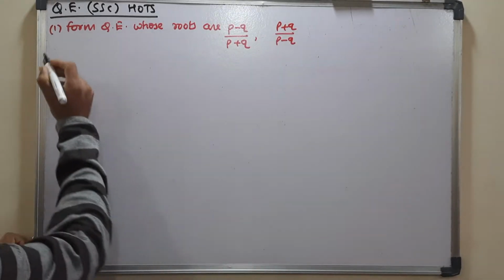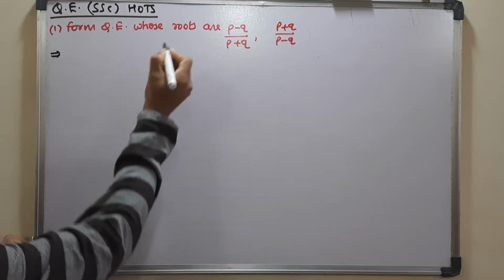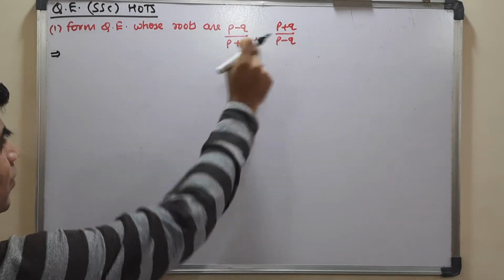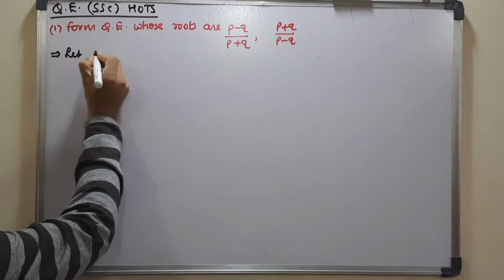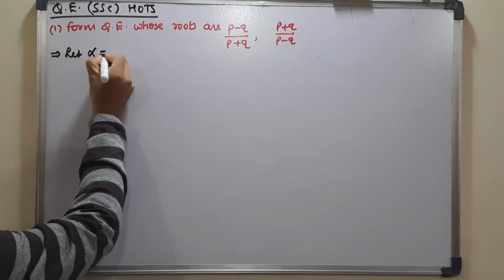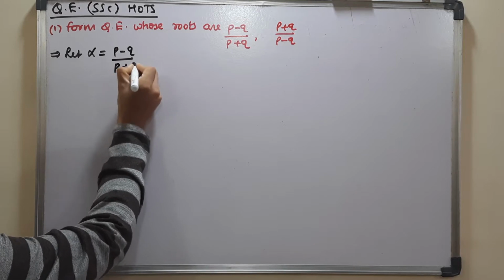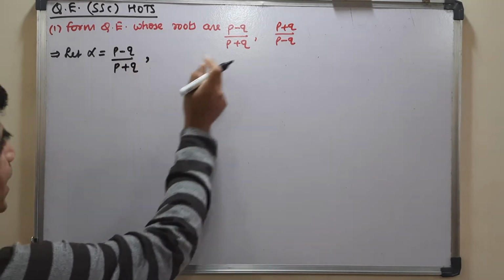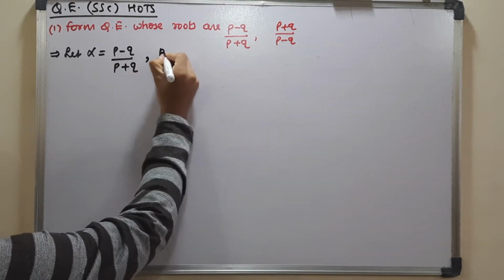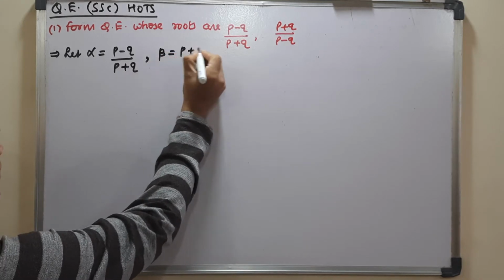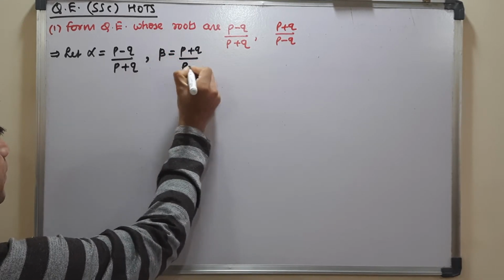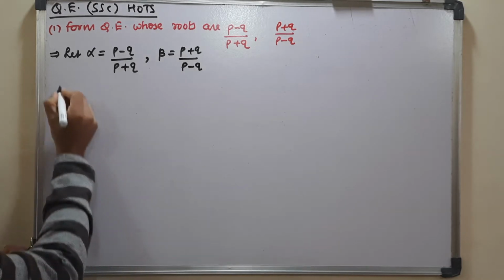Here you know that this is your root number 1. So let us call it as alpha, that is p minus q upon p plus q. And let us call this as beta. Beta is p plus q upon p minus q. So for